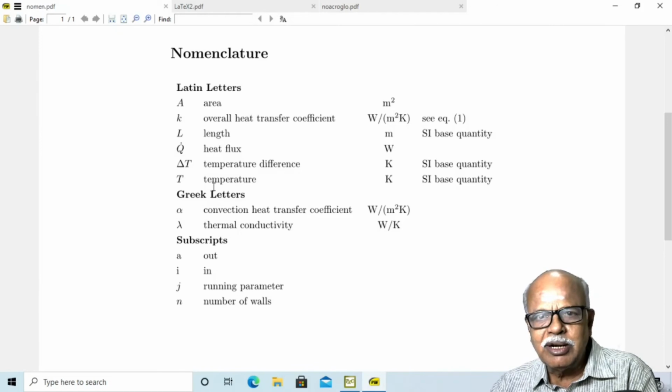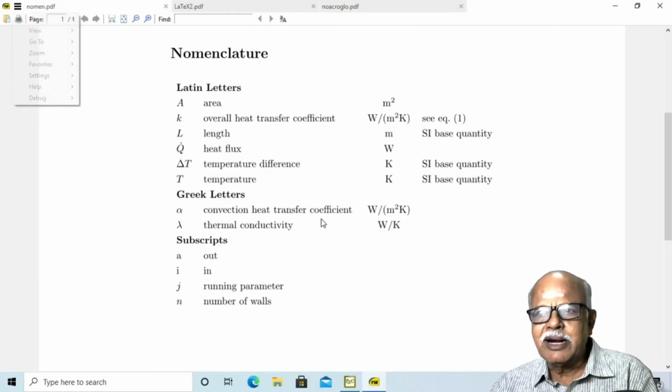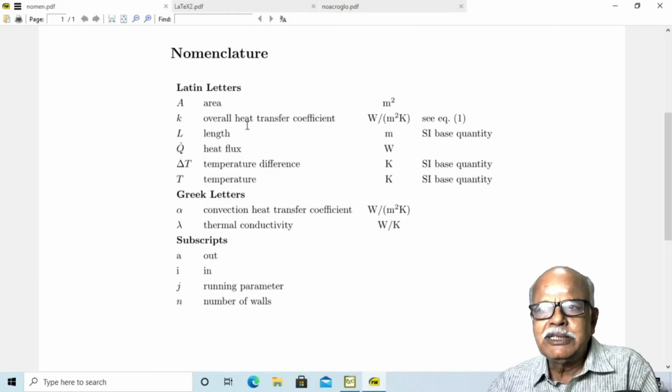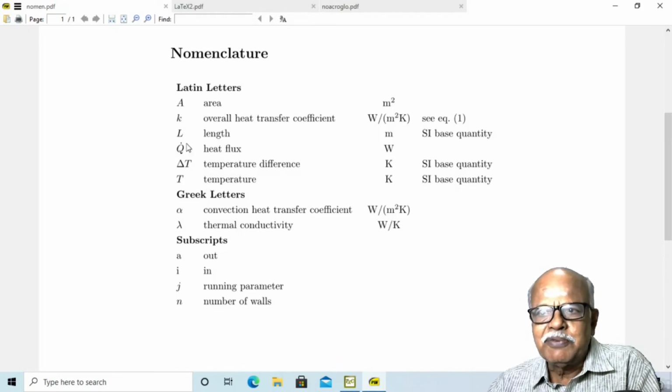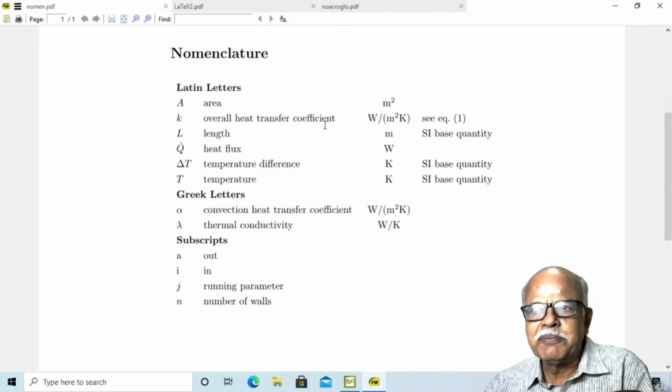This is one facility. Another facility is, notice that now the nomenclature is available in a tabular format, not with two columns but with four columns. In the first column, the symbol, in the second column, the description, in the third column, units if you want to give, and in the fourth column, further explanation.